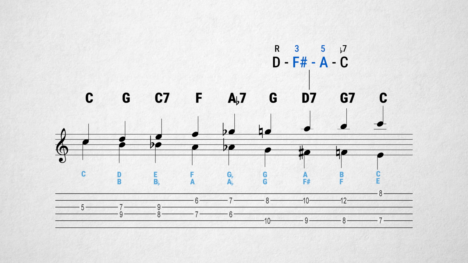The next chord is again a secondary dominant, D dominant 7, that is implied by the notes F sharp and A, the 3rd and 5th of the dominant 7th chord. The dominant 7th chord resolves to G7, implied by the minor 7th F and the 3rd B. And this unstable tritone interval wants to resolve to the 3rd E and the root C of the C major chord. So in this counterpoint,